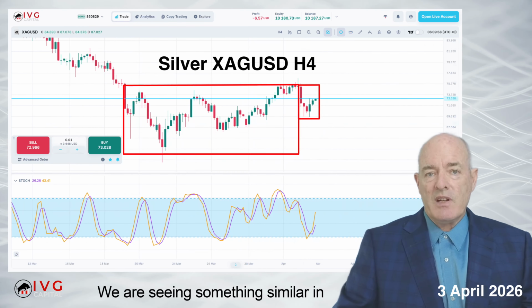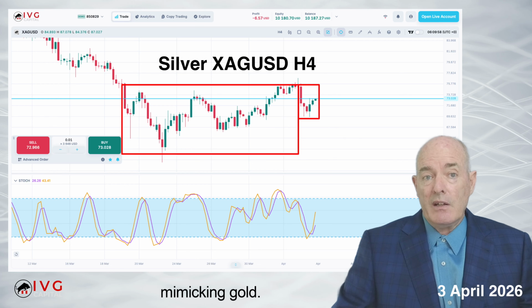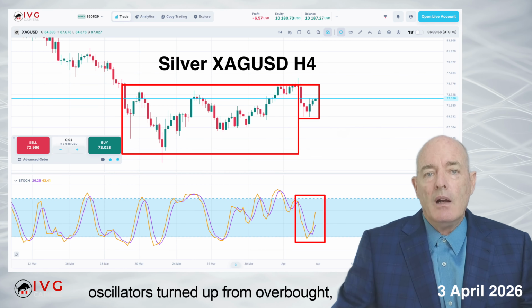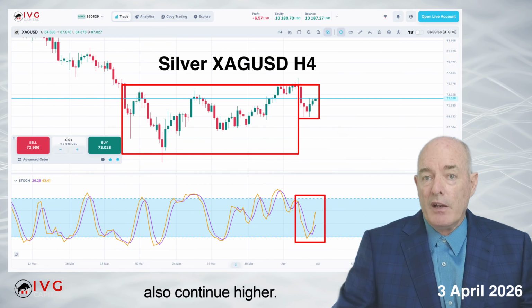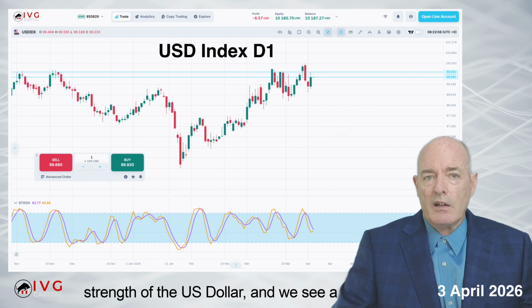We are seeing something similar in silver with a more ragged-looking cup, but these days silver has been mimicking gold. We note that in both the stochastic oscillator is turned up from overbought, indicating that current price action may also continue higher. In the last video, we looked at the strength of the US dollar, and we see a pullback